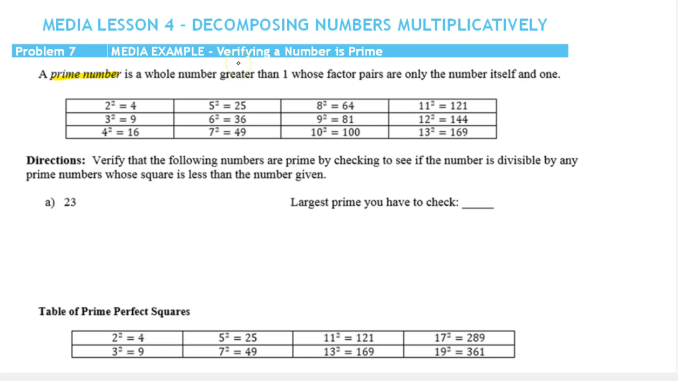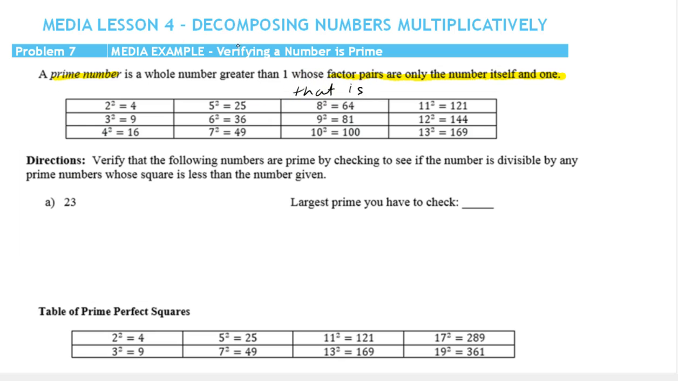In this video, we're going to learn how to verify that a number is prime. So first we're going to define a prime number. A prime number is a whole number greater than 1 whose factor pairs are only the number itself and 1. Remember that we saw the relationship between factors and divisibility, so let's add another way to think of prime numbers. A prime number is a whole number greater than 1